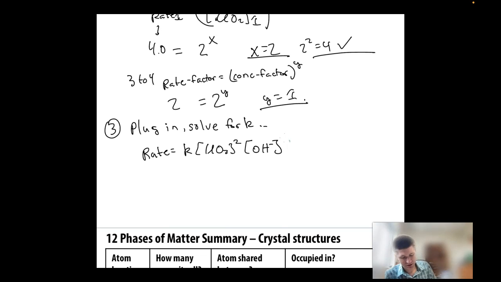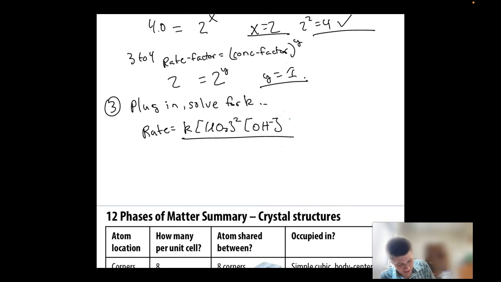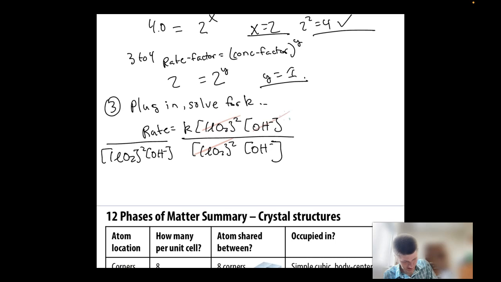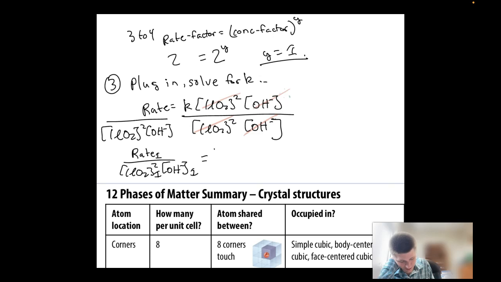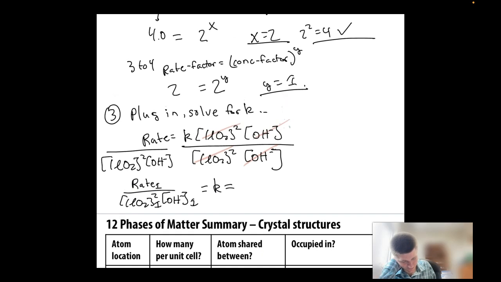And now to solve for k, we have to divide both sides by all this other stuff, ClO2 squared times OH minus. That will get k by itself, so that cancels, that cancels. And now we can get this final result and plug in. I'll just plug in trial 1, rate 1 over ClO2 from trial 1 squared times OH minus from trial 1. That's going to be equal to k, which is, again, if I start plugging in,